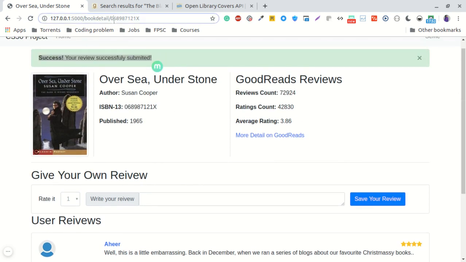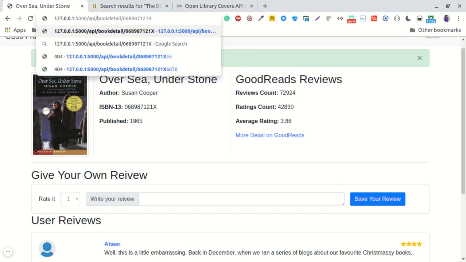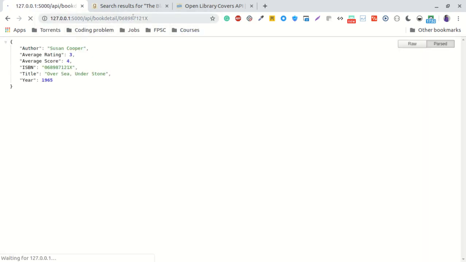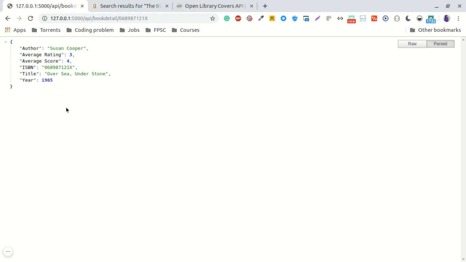And one last thing is that when I go and search for the API, which was a requirement in the project, when I go to the API slash book detail slash the ISBN number, it will show the raw data, meaning JSON object data, which shows the average rating, average score, and every detail in the form of a JSON object. For example, if I enter the wrong ISBN number, it will show me the 404